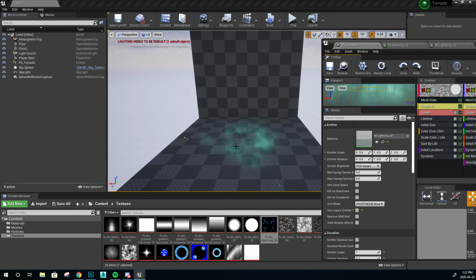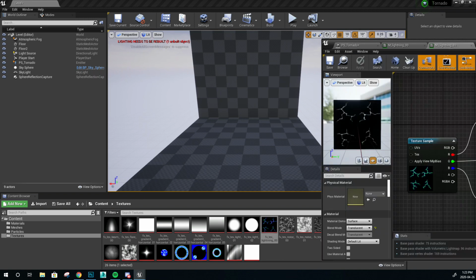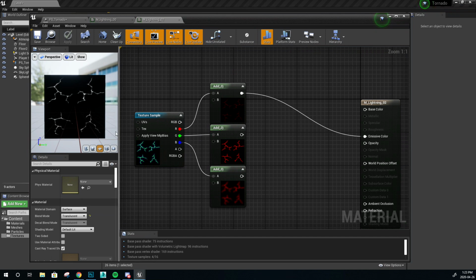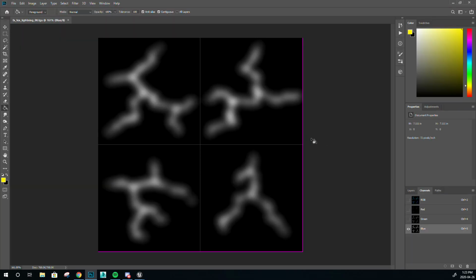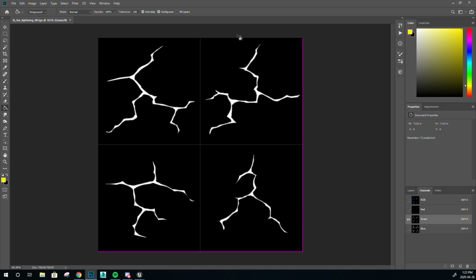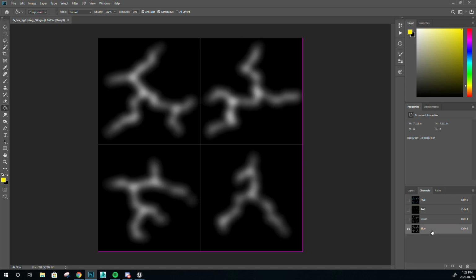And as you can see, the lightning sort of splashes into smaller particles. What's going on there is the same technique that we used on the spell circle. I went ahead and started to create a material for it. And as you can see, the color is weird, and this is because I was using different channels, messing around to do some tests. And if we check it in Photoshop, you can see that the red channel is this version over here. The green channel is like that, and the blue channel is this